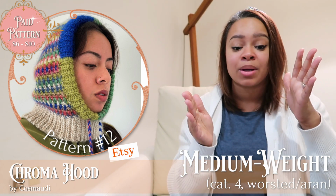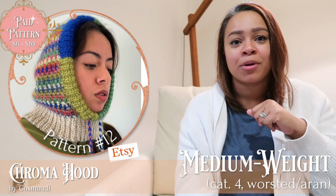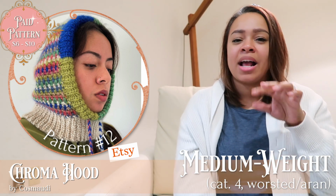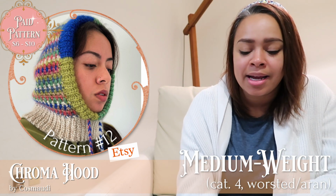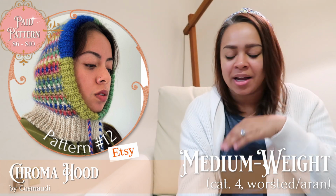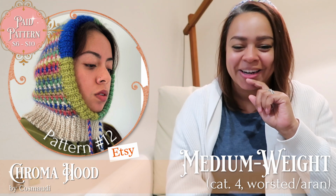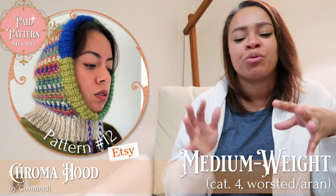You could use this for something one day. This is one of those projects that you could start using only scrap yarn and feel so satisfied and have such a polished look at the end of the day. I also love that the drawstrings themselves are scrappy. I think that's so cool. Again, I'm just fangirling. I'm going to keep it short here, but this is a beautiful pattern, the Chroma Hood